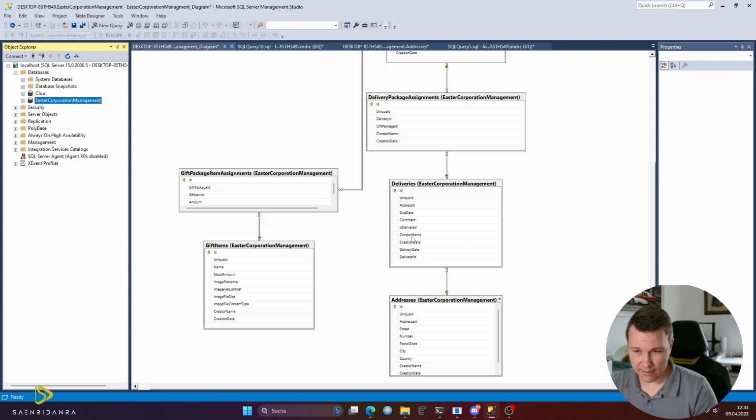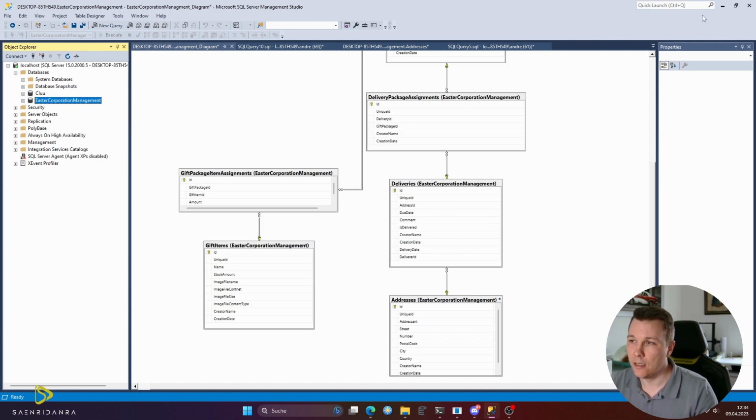And Clue also has the possibility to have the creator names and the creation date filled in automatically. So when you create an item, this field is automatically populated with your own login username,